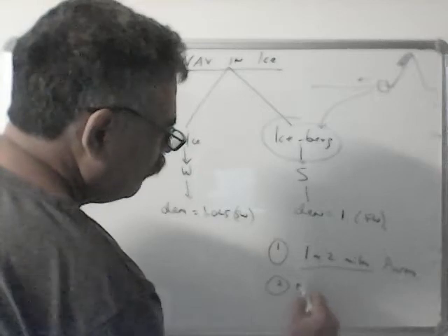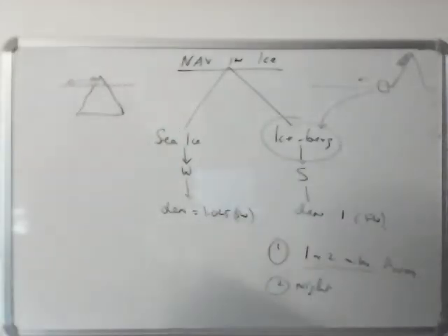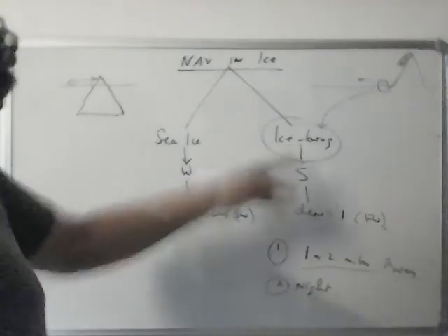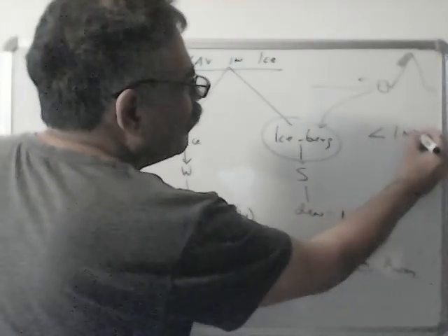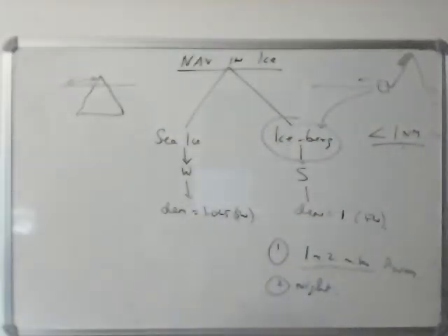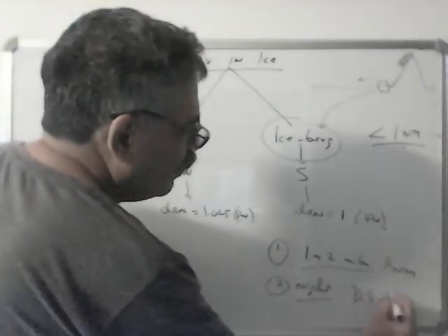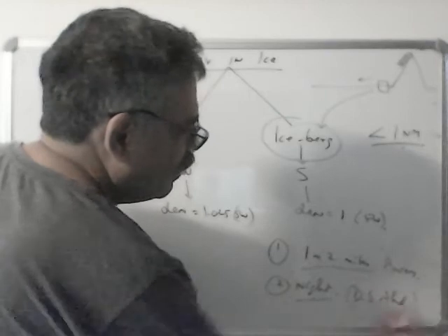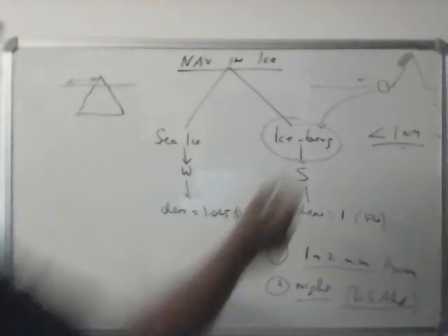And in night time, because these don't come on the radar very quickly, they are not good radar targets. They come on the radar only when they are less than 1 mile. So daytime, if the visibility is good, you can see them visually 5 to 6 miles. But night time, you have to reduce speed to dead slow. Most companies have this policy because they do not come on radar till you are less than 1 mile off. So this is about iceberg.